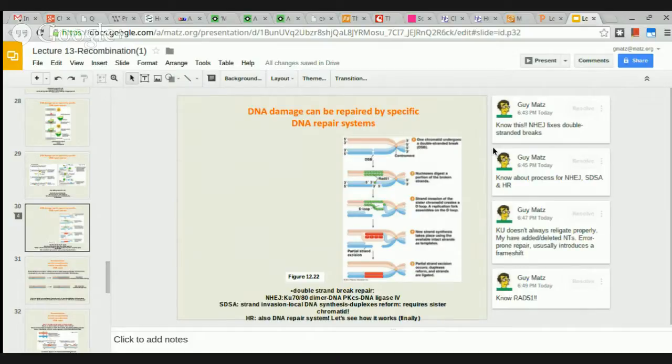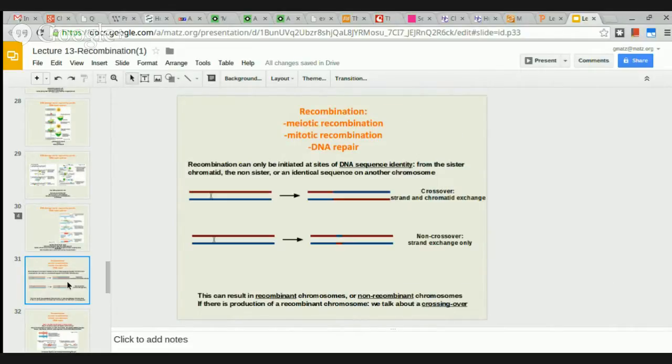This is a perfect repair. This is not something that will generate errors as NHEJ does. And so that was the second mode of DNA repair on how to fix